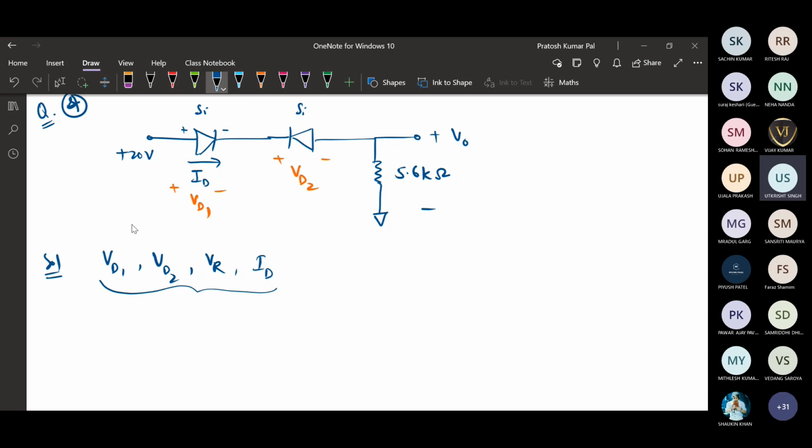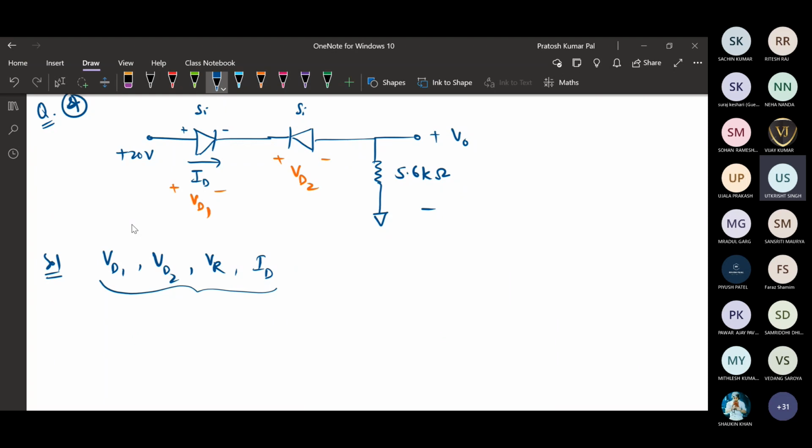So this positive is connected to the plus or positive terminal of the supply voltage, and this is negative. In the negative, it is connected to the negative terminal of the power supply. So this diode is forward bias. Okay, so if this is forward bias, it is considered to be in on mode. It will be on such that there will be some current flowing through this.